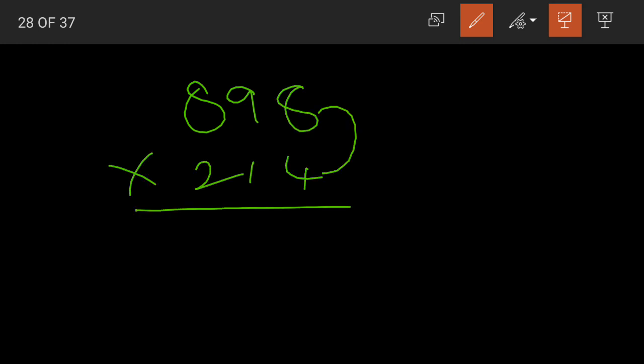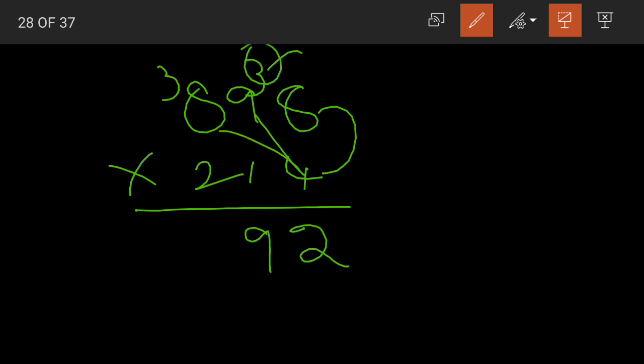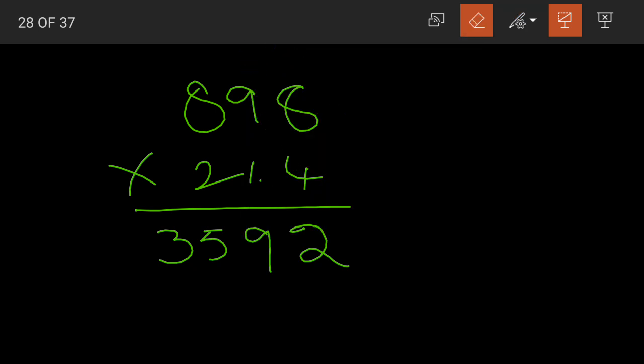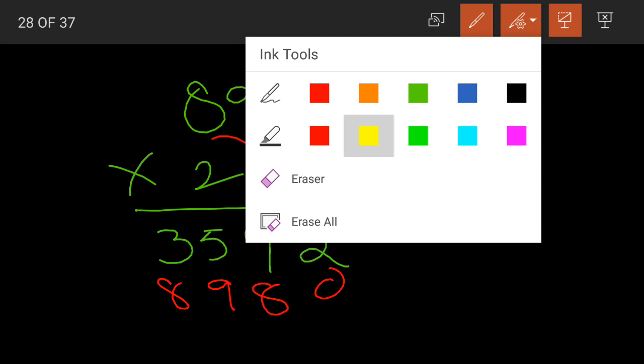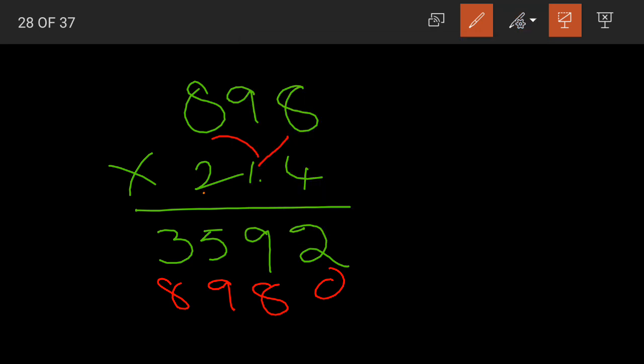When you multiply, 4 8s are 32, 3 carried, 4 9s are 36 plus 3, 39, 4 8s are 32 plus 3, 35. Yes. Now into 1, but before multiplying with 1, what should we do, children? We should write 0 here. Yes, 0. 1 into 898 becomes 898 only. Then lastly what do we have? 2.